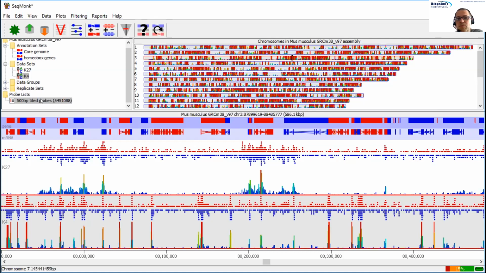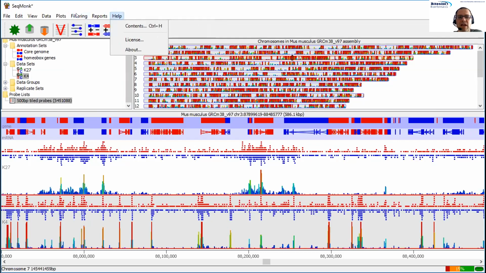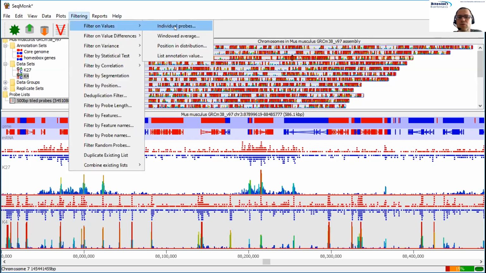You reduce your sets of probes by applying filters. There is a filtering menu, and the filtering menu has lots of different methods by which you can choose to select some probes and reject others. Again, I'm not going to go through all of these, but let's look at a simple one, which is to filter on the current quantitated value. So if I say filter on value and individual probes,